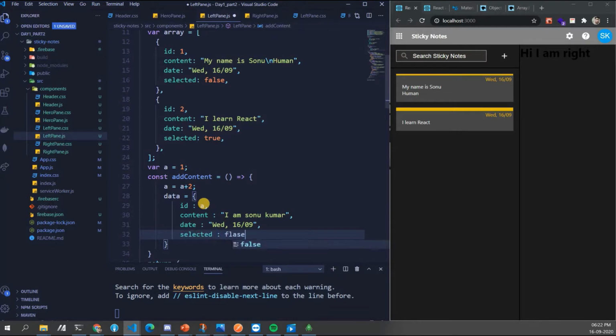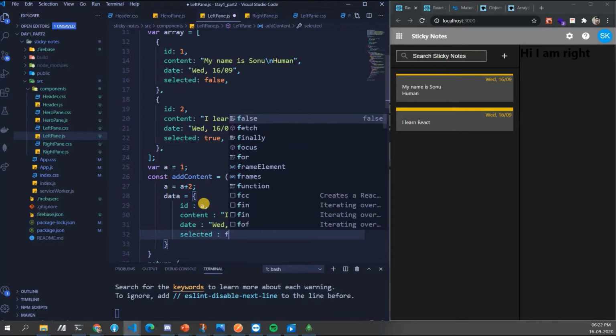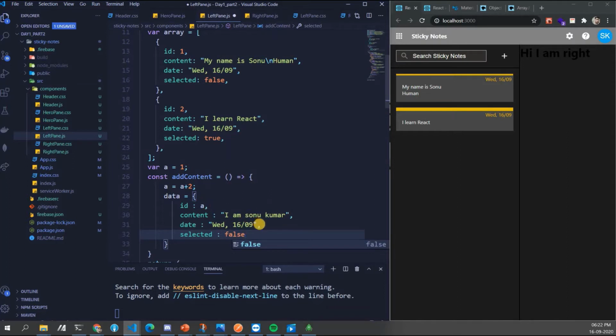You will be getting a time, right? When you add, that time should be added, right? So how to convert that into this particular format, because the format that we'll get is completely different and we have to restructure and format it so that we get something like this. We'll see that tomorrow.